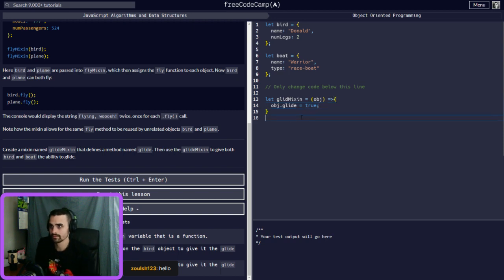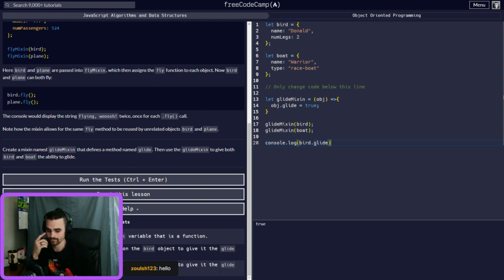So now we can do a glideMixin, and we're going to call the bird, and we're going to do glideMixin. Use the boat, right, and then apply it to both of them, and now we can use console.log bird.glide.